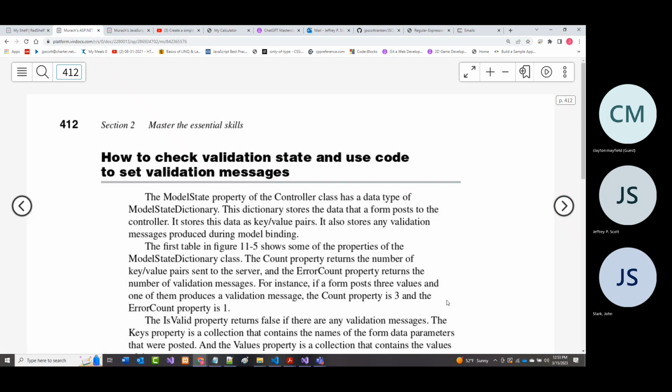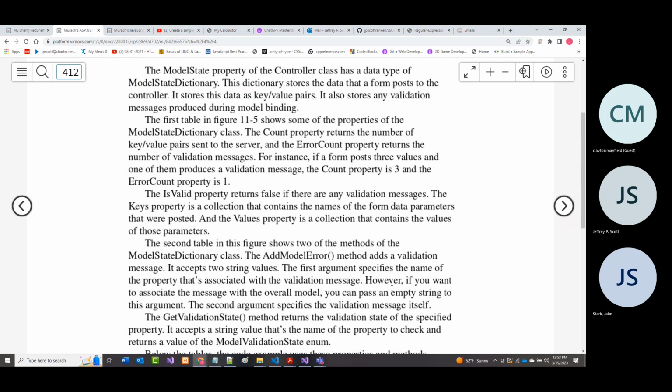All right. So how to check validation state and use code to set validation messages. Notice what it says here. The model state property has a data type of model state dictionary. What does that mean? That means, like everything else we've done this semester that uses key values, it's going to have key value pairs in it. And it says it stores any validation messages produced during model binding.